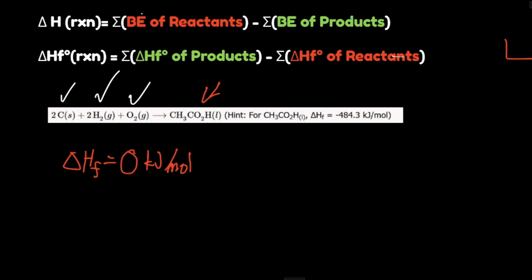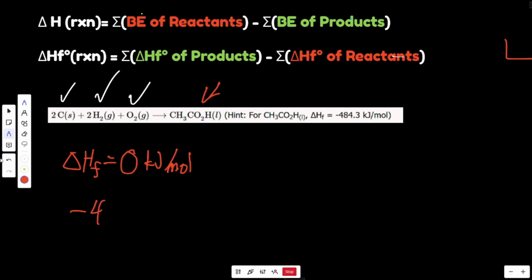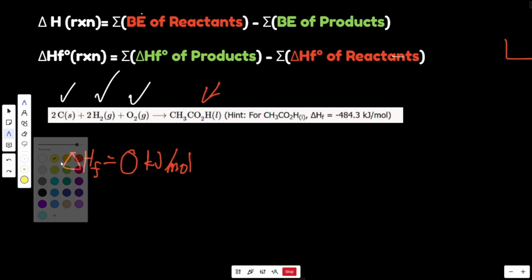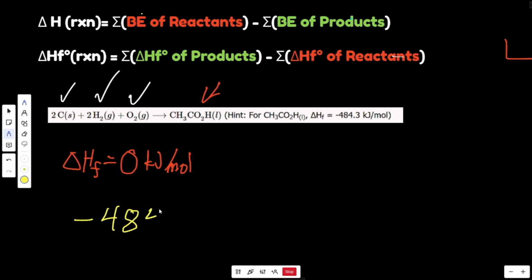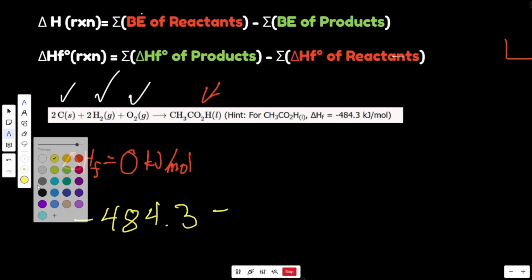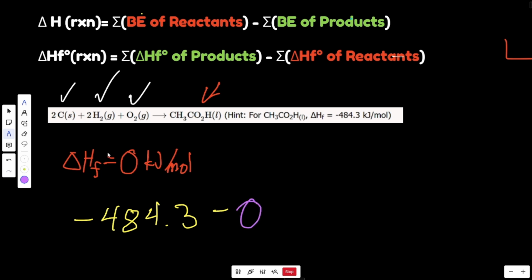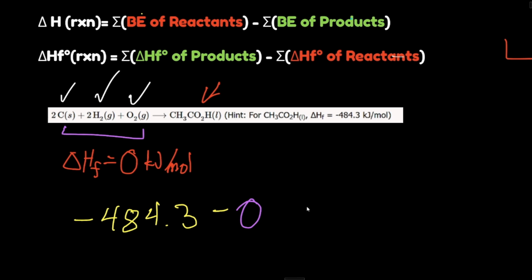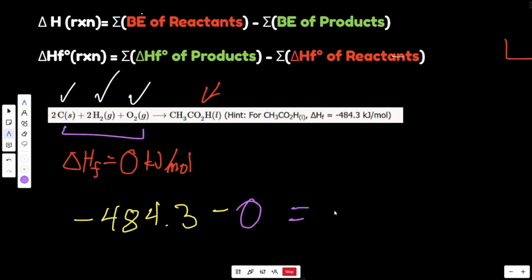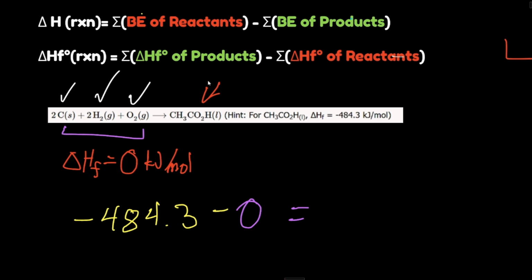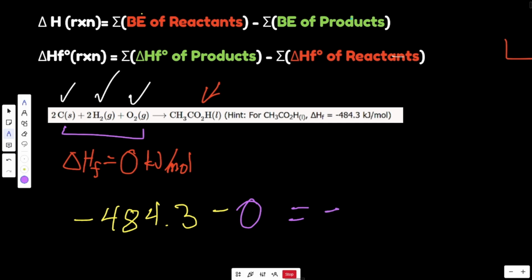So that's negative 484.3 minus 0. Because again, no matter how many moles we have, it's still 0 kilojoules per mole. So we're subtracting nothing. So that means our overall enthalpy change, or the enthalpy of formation for this reaction, is going to be negative 484.3